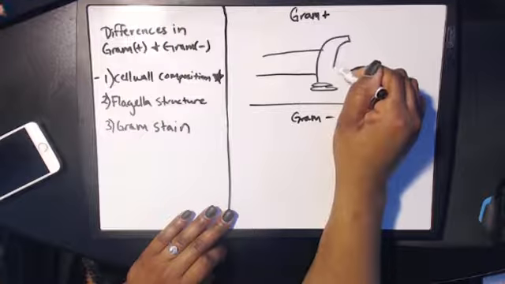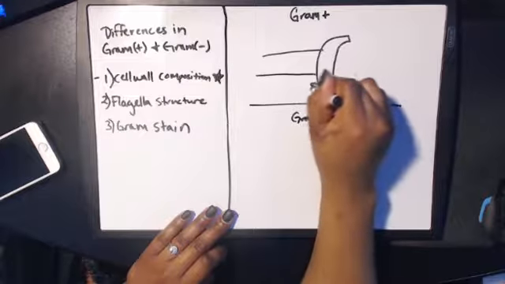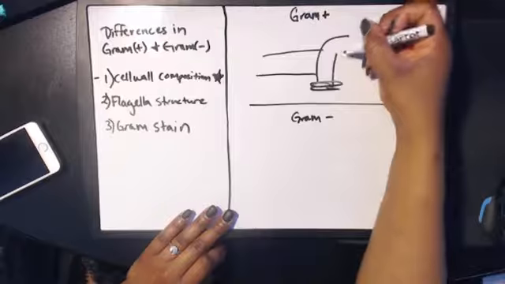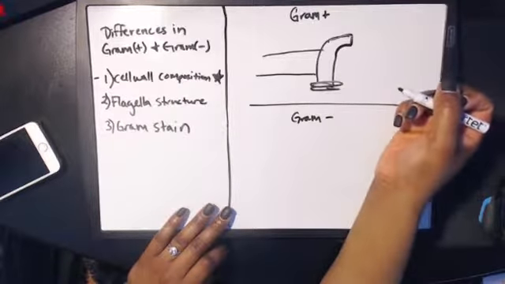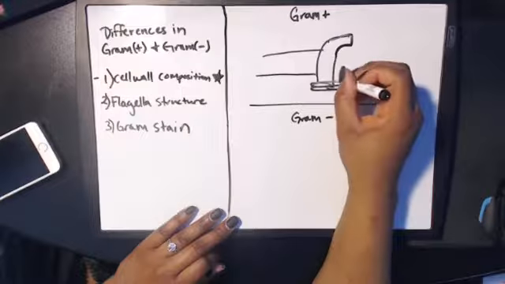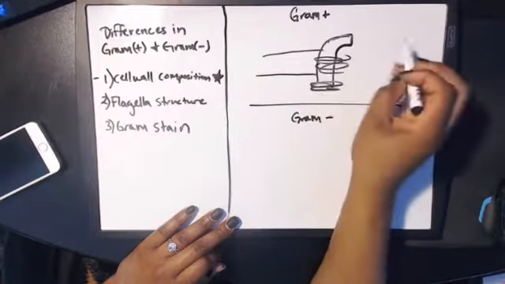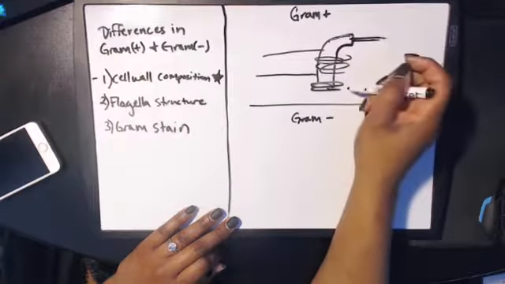That layer acts as a way to stabilize the flagella, so when it spins, it has a lot of torque. It increases torque, so it makes it more stable when it spins during movement. So we have the hook here, the filament that comes out of it, and then the rings,